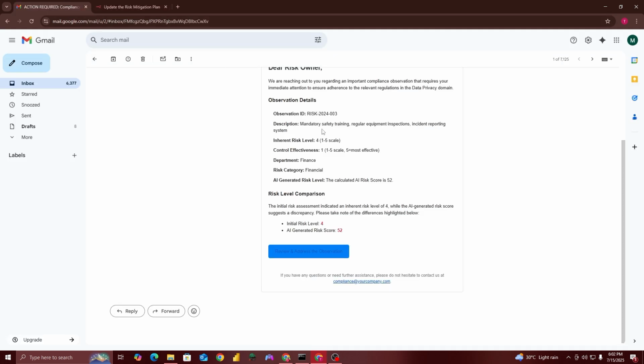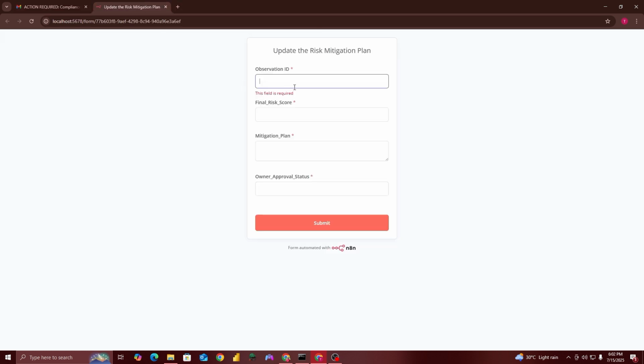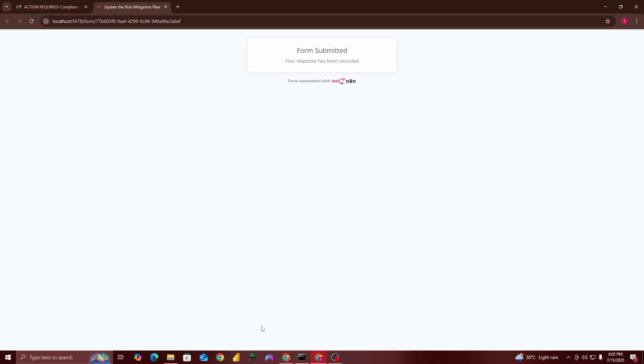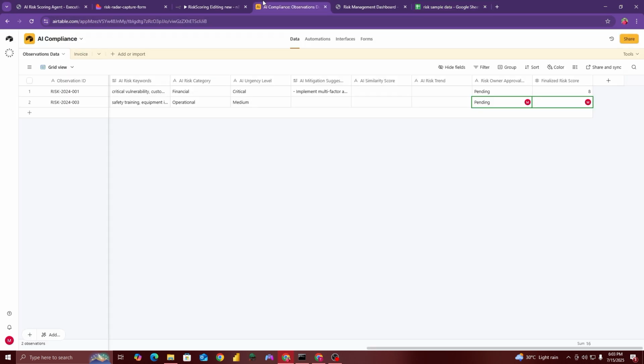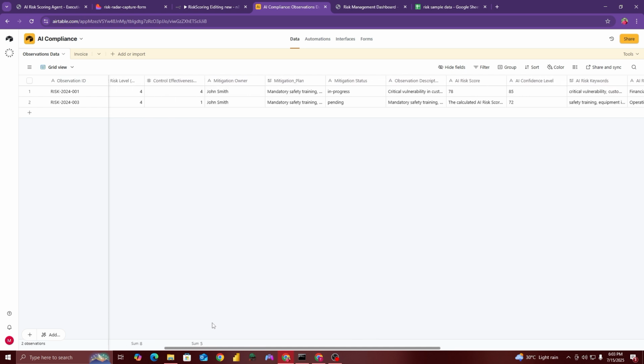I will click on this form, and now the risk owner has to add, for example, for this risk observation ID, the final risk score, which is for example 8, and a mitigation plan, in order to conclude this process quickly. The approval status is pending, and then I will submit. Now all this data will again upload to this table, and all of this data is uploaded here. Here is the mitigation plan that the user has added.